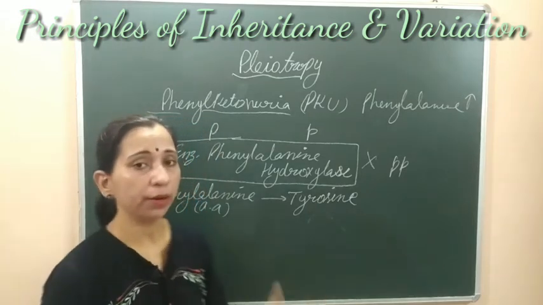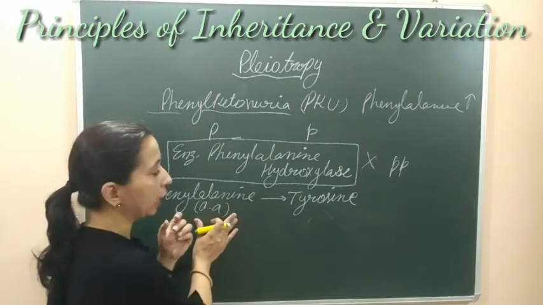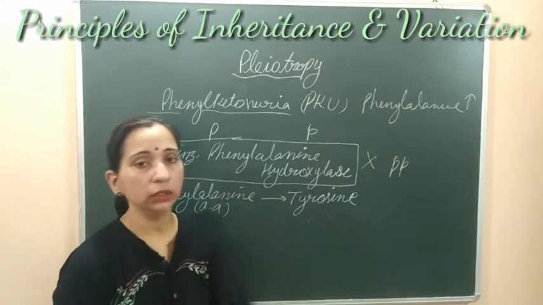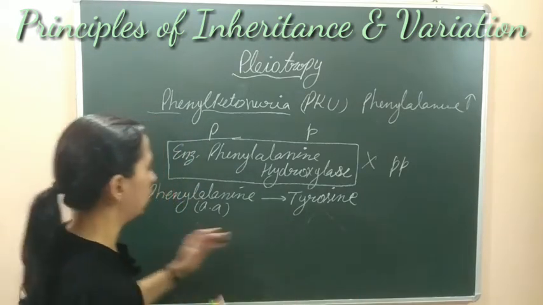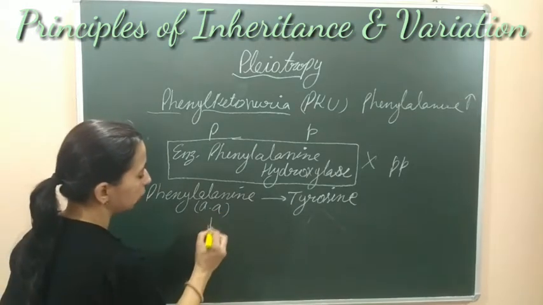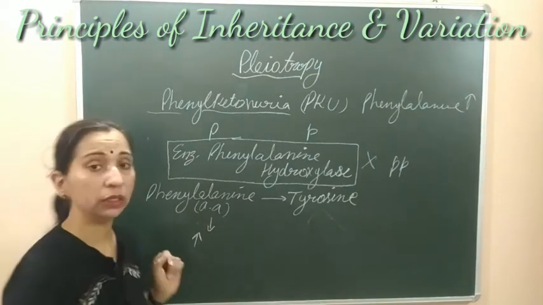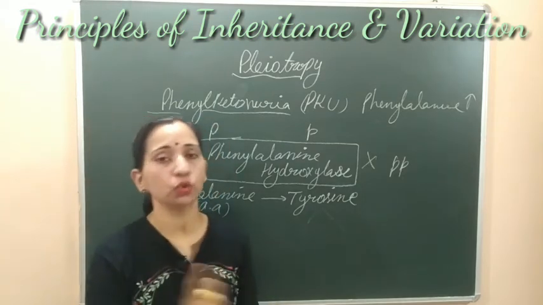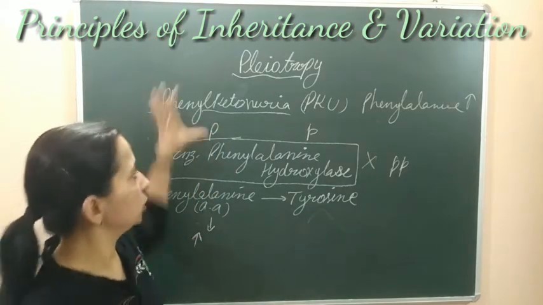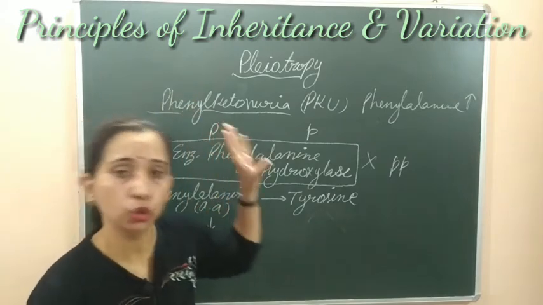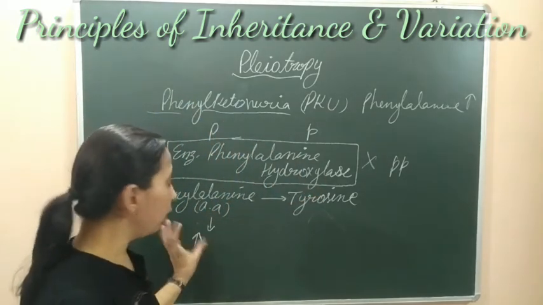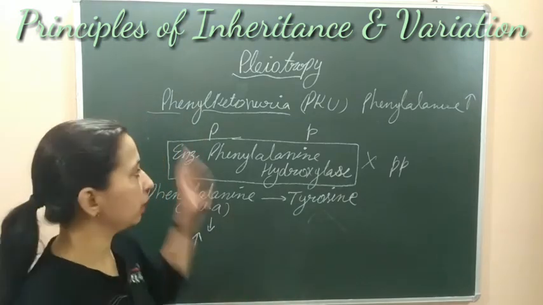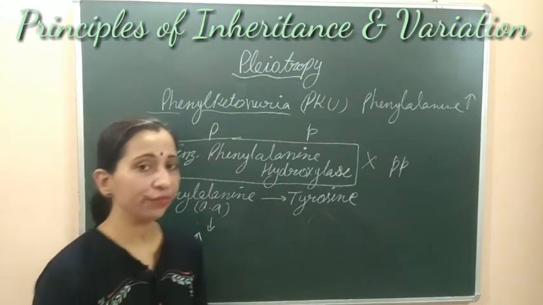जब ये enzyme नहीं बन रहा है, at that time phenylalanine is not converted into tyrosine. तो tyrosine के अंदर conversion नहीं होगा phenylalanine का, and due to this condition the level of phenylalanine increases in the blood. Phenylalanine का level जो है increase हो जाएगा blood के अंदर, and this condition is known as the disease phenylketonuria. So the effects, अब अगर हम बात करें effects की, here also the two effects will be shown by this gene. यहाँ पे भी ये gene two effects show कर रहा है.